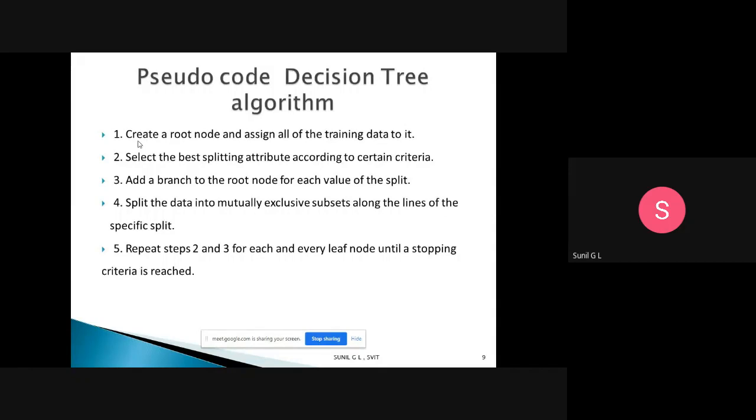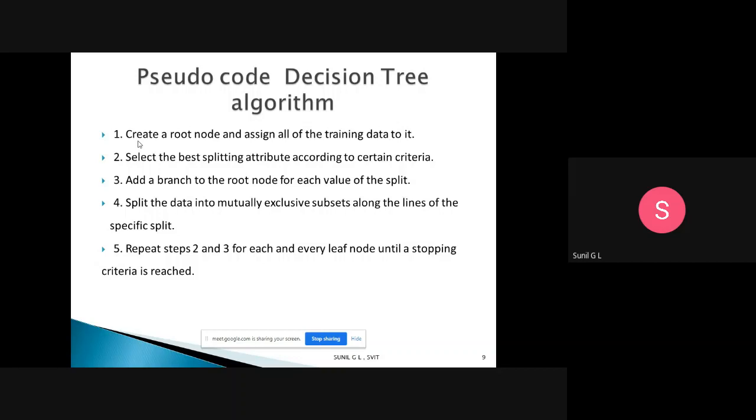Based on that criteria you select the best splitting attribute, then add a branch to the root node for each value of the split.